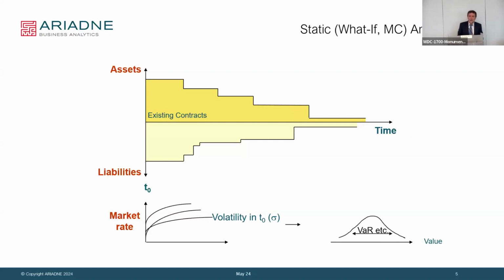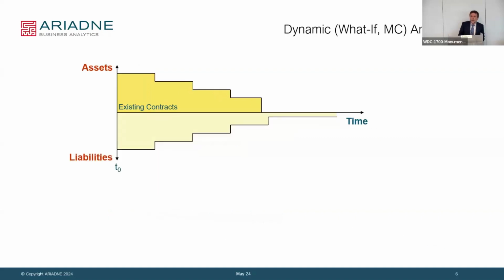So what we want to get at now is dynamic simulation. Dynamic starts again with the same data. Today we have a lot of future in today's balance sheet. If you have long-term, like Silicon Valley, where they had a lot of future only on the asset side. So that was the thing here. But it's all the future which you have there.